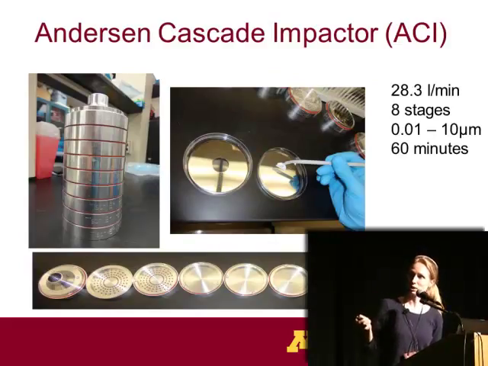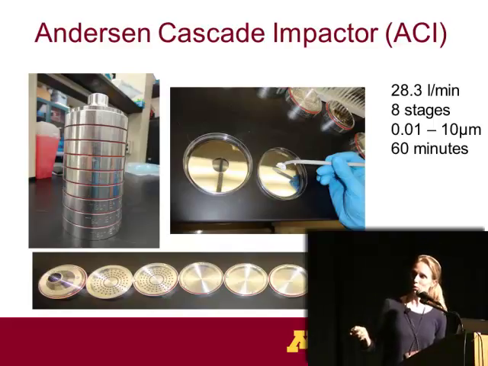For the Andersen Cascade Impactor, just to quickly explain this device, the airflow goes that way. It has 8 stages and a backup filter, and each stage has holes of different sizes. It is called a cascade because the air goes through the different stages, and if particles are small enough, they are able to go to the next stage through these holes. They remain on the plates if they are big enough that they cannot go to the next stage. These aluminum plates cover each of the stages. We wash them with a known volume of media that we send for PCR.